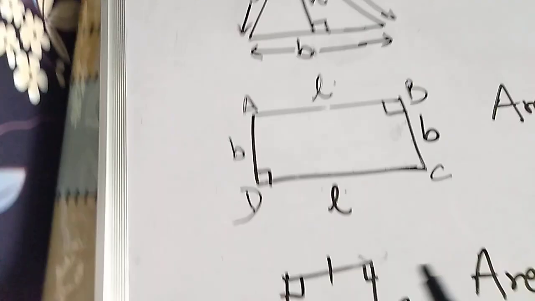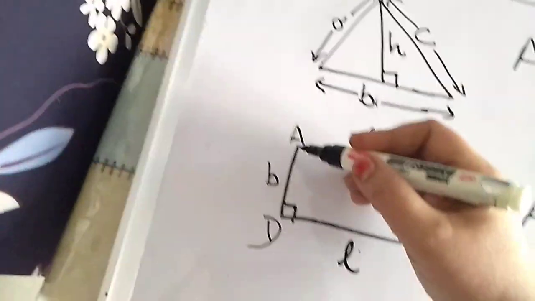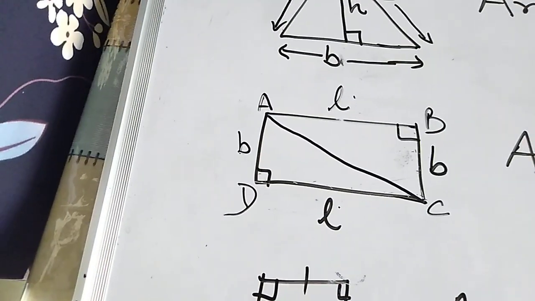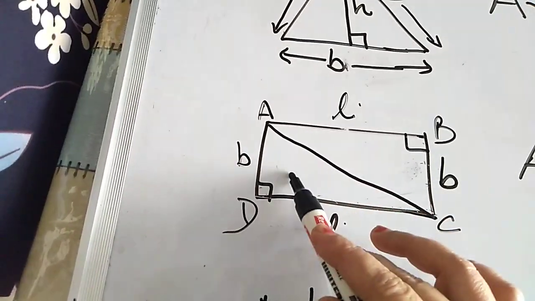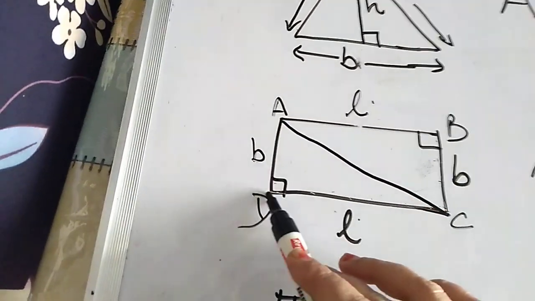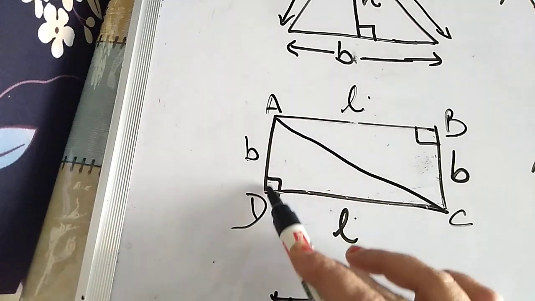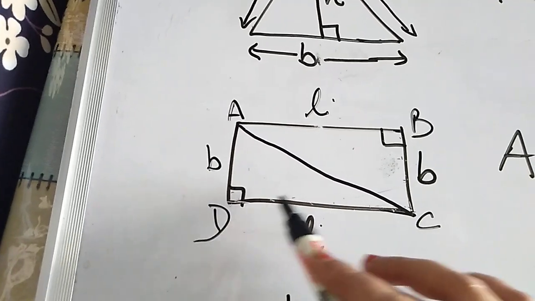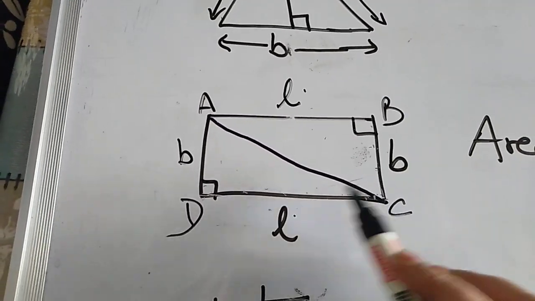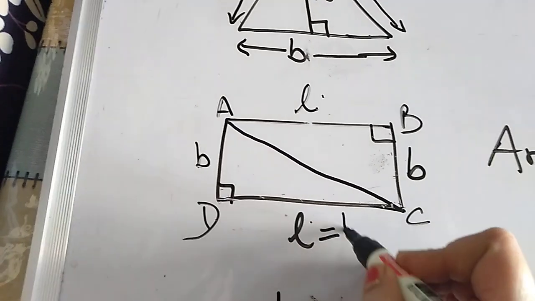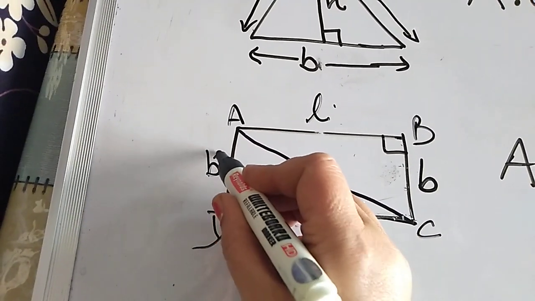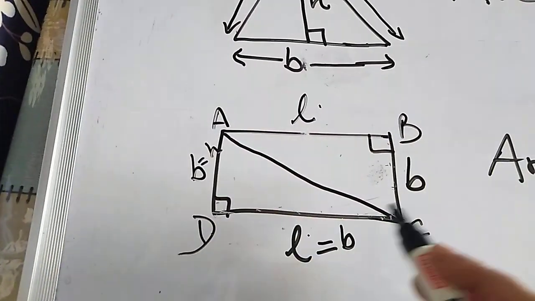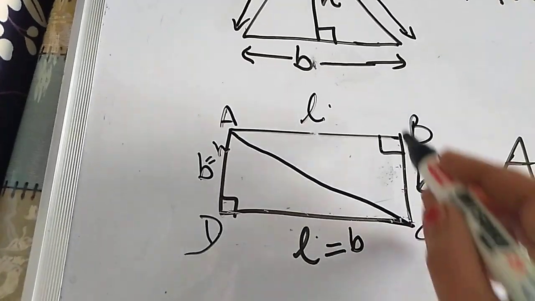Okay, now I will teach you the area of a triangle. How? Now if I make a diagonal, if I join this AC, the rectangle is divided into 2 triangles. This is the base of the triangle and this is the height of the triangle. Now I am talking in terms of base and height. This length becomes the base of the triangle and the breadth becomes the height of the triangle. So area of the rectangle was L into B, or we can say base into height.